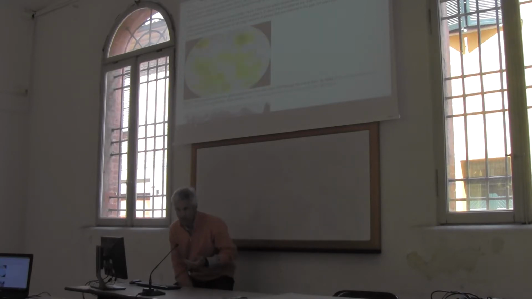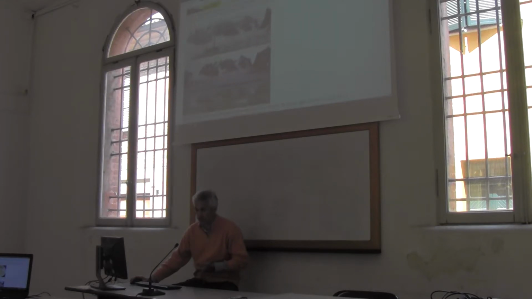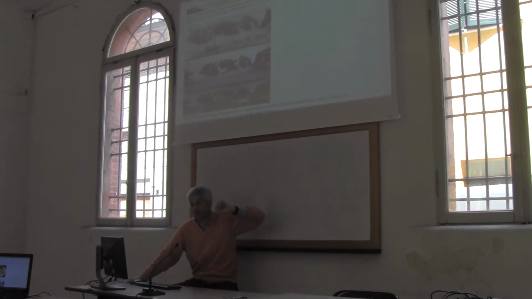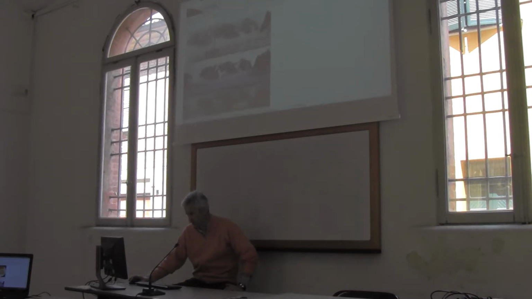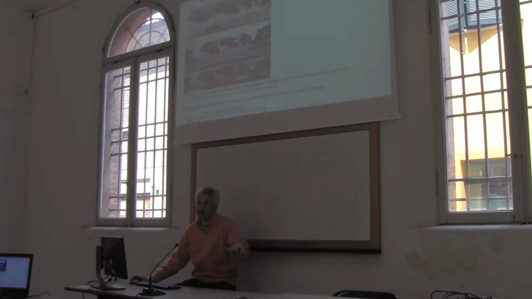Anybody agrees that we are in a period of warming, and warming is testified first of all by the regression of glaciers. You can find on the web several pictures, glaciers photographed in 1900. This is, if I remember, at the Svalbard Island. So this is 1900, this is 1960, and this is 2015. So you see a big difference. It's striking. There is no doubt that glaciers are retiring.